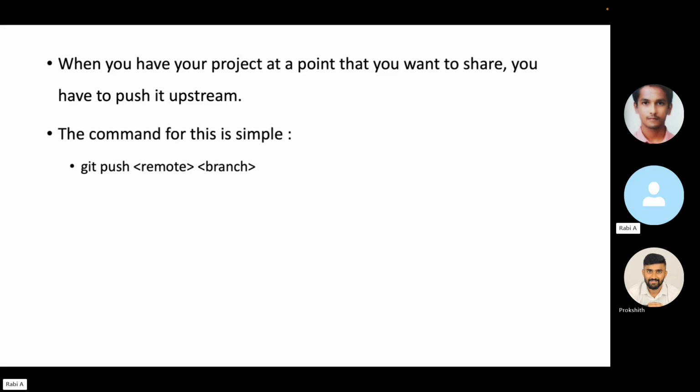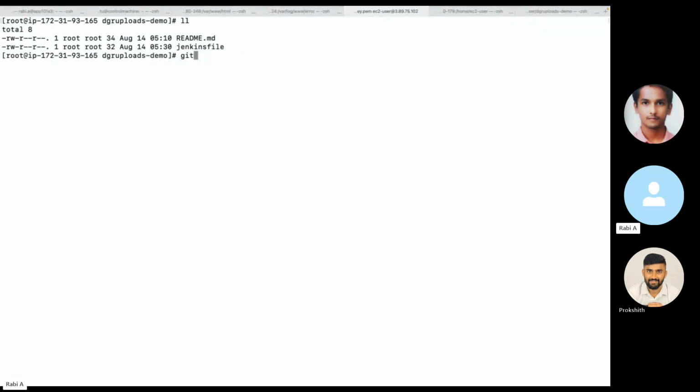All right. So the command for this is simple. You simply run the git push command: git push, your remote reference name, and then the branch to which you want to push. That's all. In our case, if you run git remote, you can find the remote reference name. By default it will be origin. We experimented with this and changed it in the last session, so that's what we have. So I'll simply say git push, and this is the name we have,